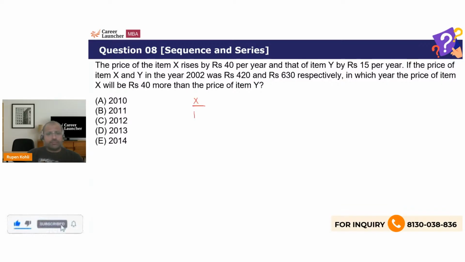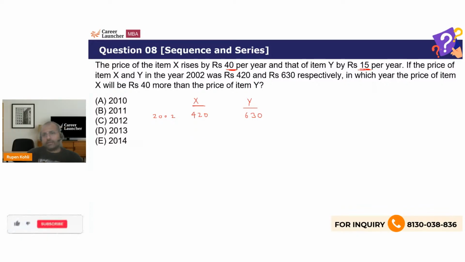X is costing 420 rupees in 2002 and Y is costing higher value of 630. X की कॉस्ट इनिशियली कम है लेकिन उसका जो पर ईयर इंक्रीज है वो ज्यादा है. This is going to increase by 40 each year, this one by only 15. So gradually the price of item X is going to catch up, means trying to become equal and exceed the price of item Y in some time down the line. So you have to find ki when the price will not only be equal but in fact exceed by 40